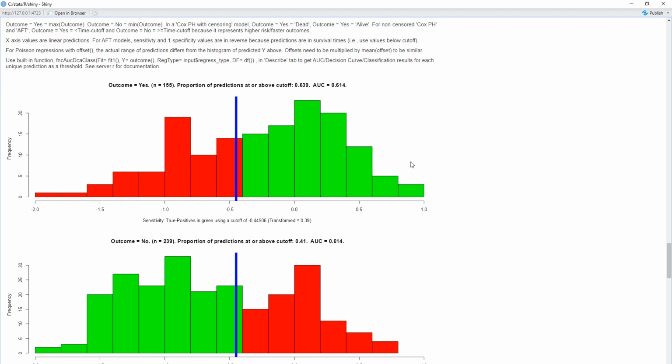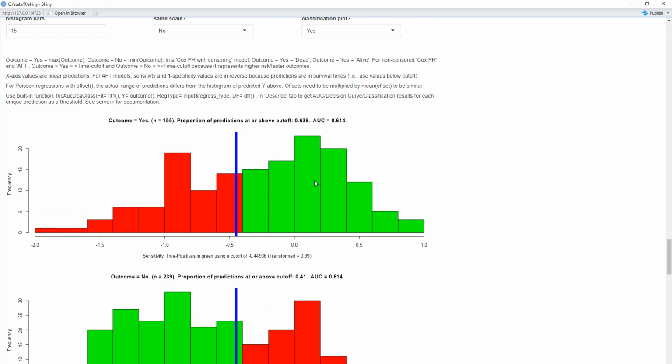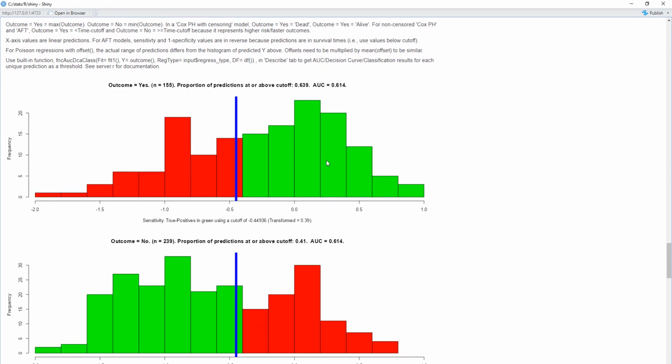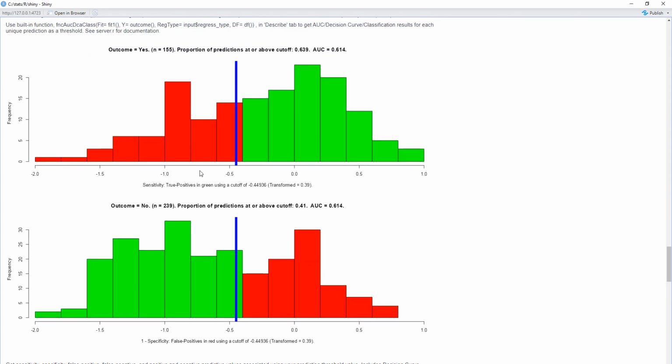And on the top section in green we have our sensitivity, and to the left we have our false negatives. And in this lower half, in red to the right of the bar, we have our false positives. So if we used that threshold at the median, then in this bottom half, we